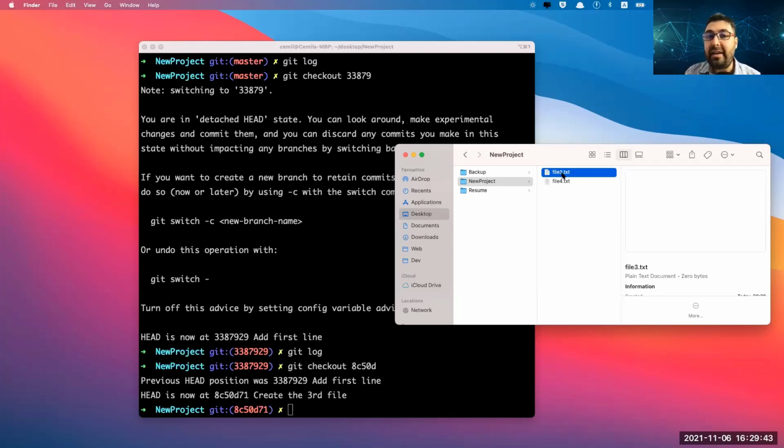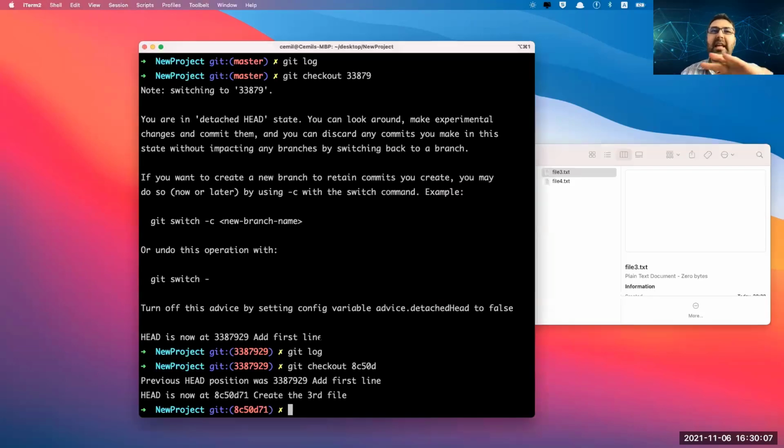Because we don't track it, we can't version it, and we can't see it. It's just there. So that's an untracked file. But all other tracked files are missing.